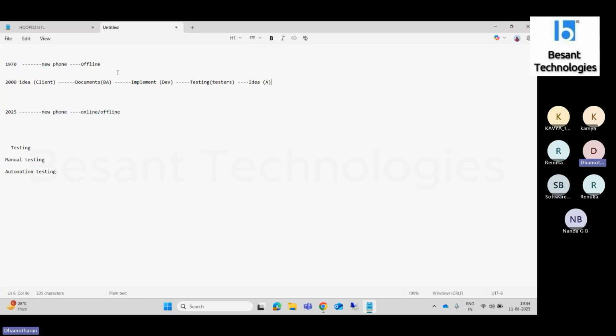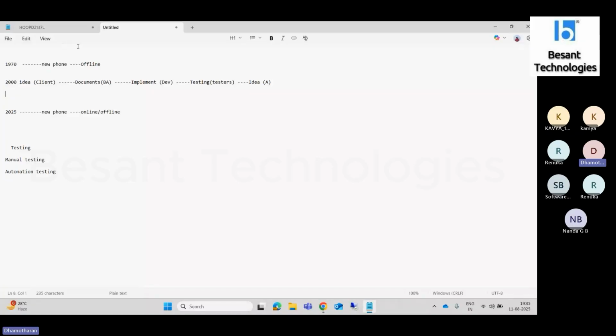There are lots of roles, like front-end developer, back-end developer, UX designer. There are lots of small roles, but these are the major persons in the companies. Is it clear? If someone doesn't know the major roles in the IT company, I will take the class from the scratch, from the beginning. If someone already knows, just leave that; others try to understand. These are the basic roles in an IT company. Any doubts on this?